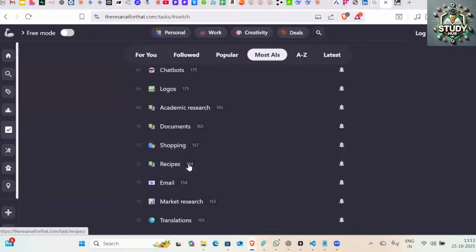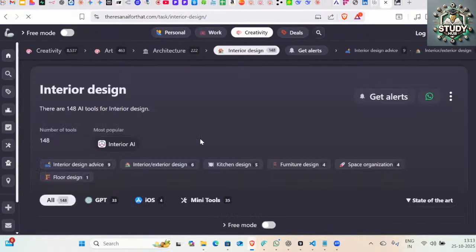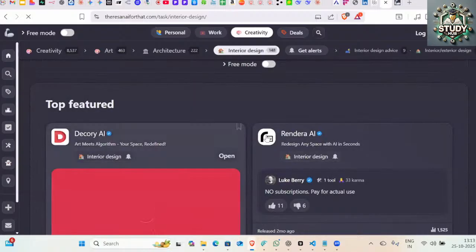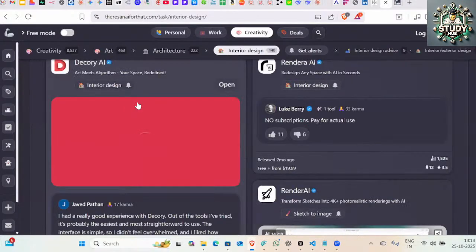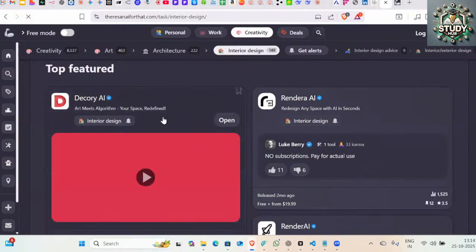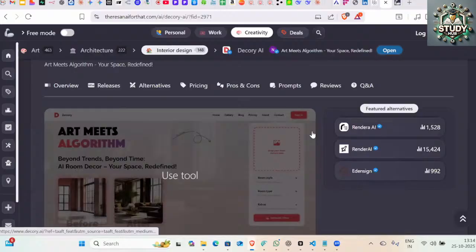You can download them, a lot of great tools are there. Let's say interior designing. If you are inspired and want to build something in interior design, you have all these tools. You get the link, click on open, try out the tool, and find the gaps that are still there. If you want to build something, you try it out for yourself, that is one use.